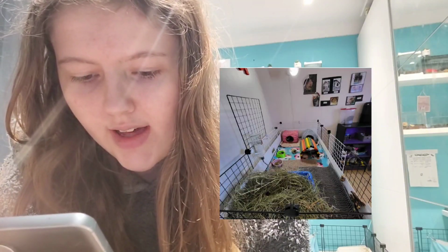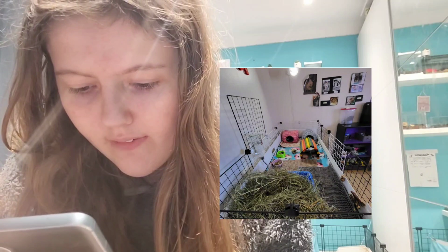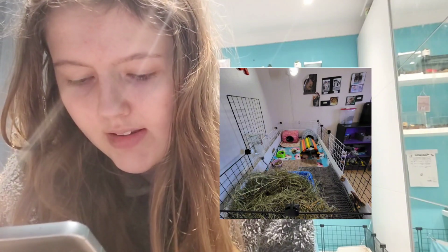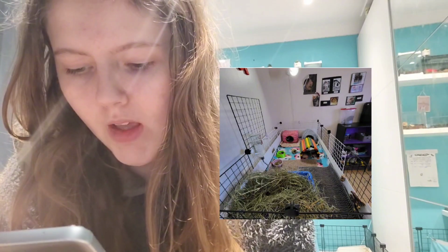So first of all, I love the names for your guinea pigs, they are adorable. So this is their cage. You have a big pile of hay here, I can see, and liner and carpets. That's alright if you have a mixture. And